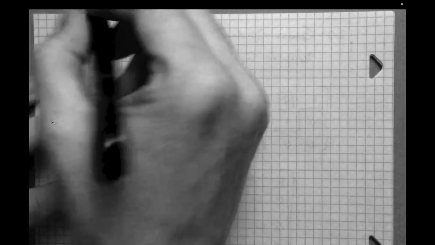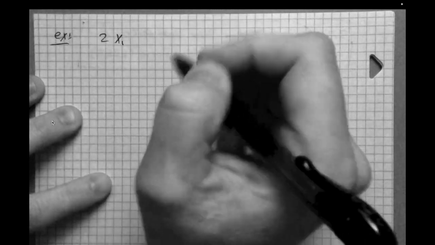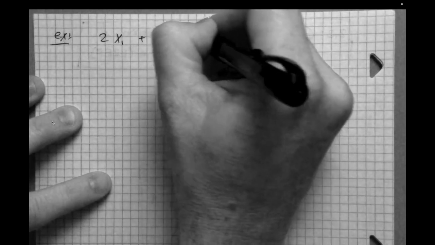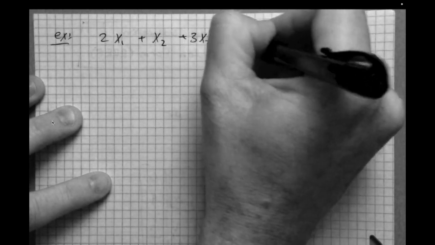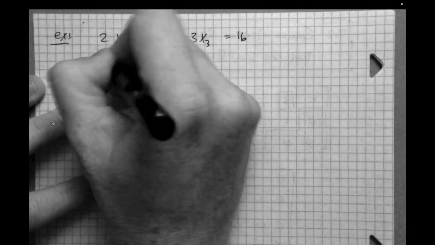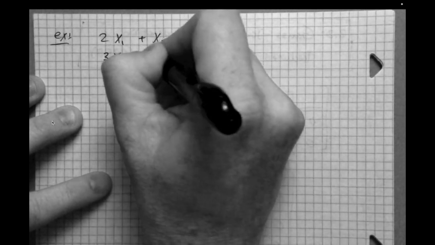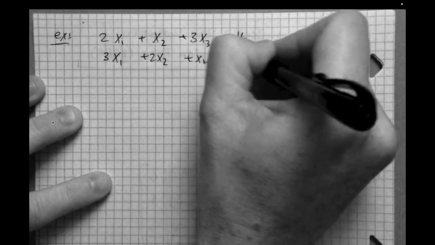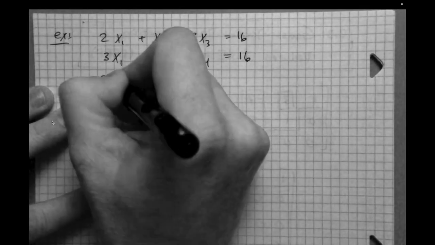Given the following system, let's use Gauss-Jordan elimination. I'm going to write the system out because we'll come back and actually solve it, and I want you to see how this all ties together. So let's say the system is this: 3x1